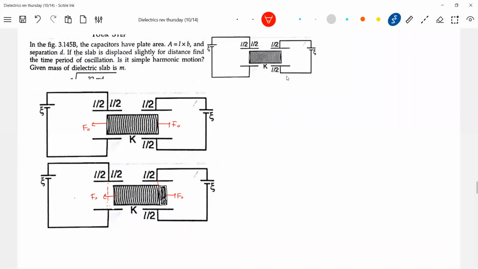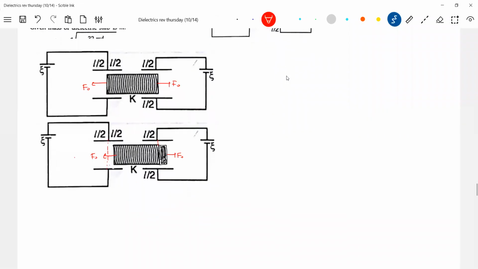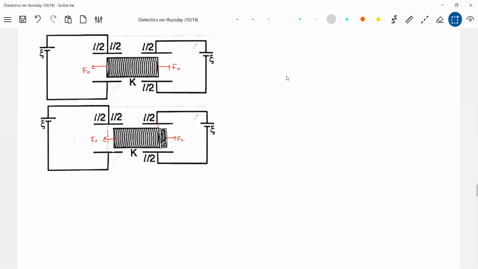So will it be neutral equilibrium, or will the forces acting be different? What do you say if it is displaced slightly? It will be in neutral equilibrium. Instead, what happens if you displace it? If you displace it,